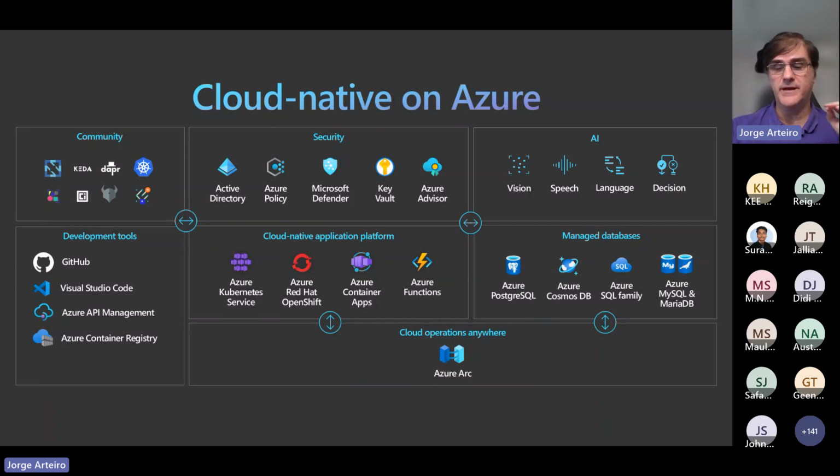GitHub Codespaces is a good way. Let me write it down there, or someone can put a link for GitHub Codespaces, please. With GitHub Codespaces, you connect to kind of a virtual machine where you can run Visual Studio Code, you can run Docker, you can even run Kubernetes there as well.